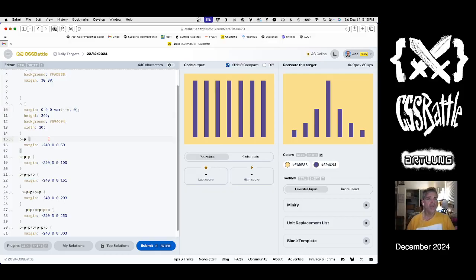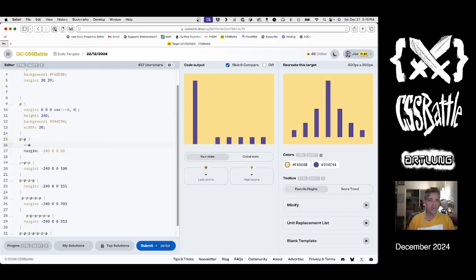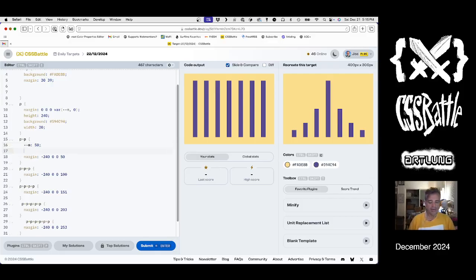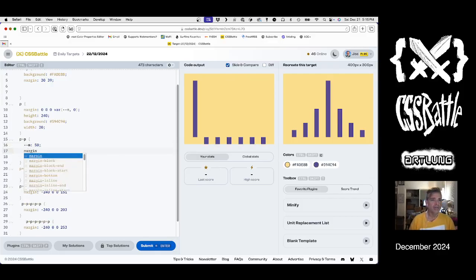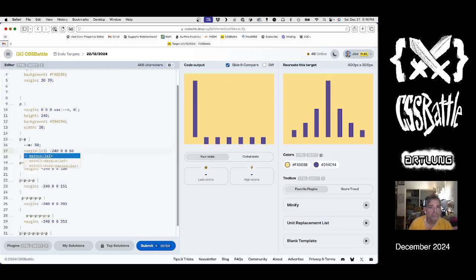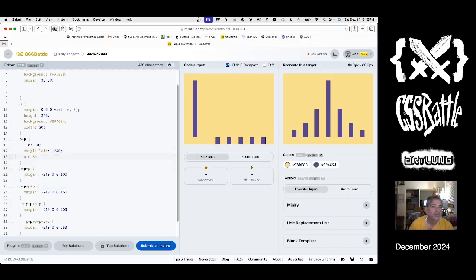So then dash dash m is 50, and then margin, so then this one is actually, we can do margin left to simplify. Margin 50, and if I do this,